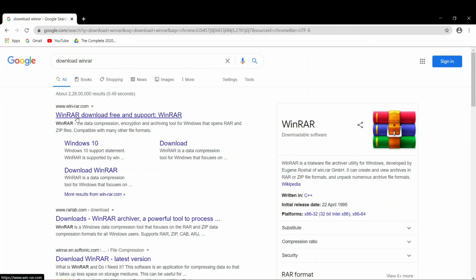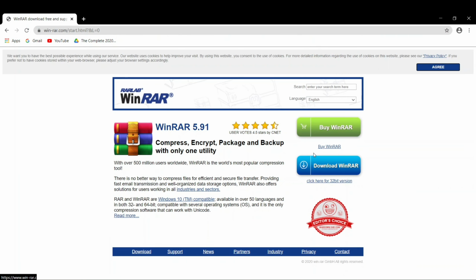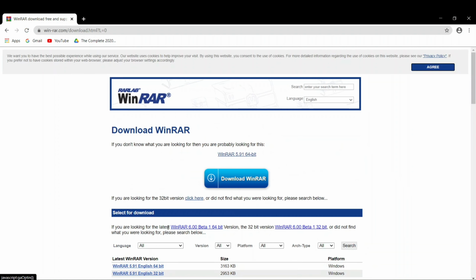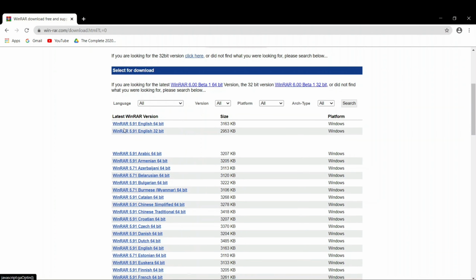So click on this first link that you see, first website. I don't know why it's taking so long. Okay, you can also click on this download WinRAR. Now you can see that here we have this download. We'll click on this download option and we'll just go down, and here we have WinRAR 5.9.1 English